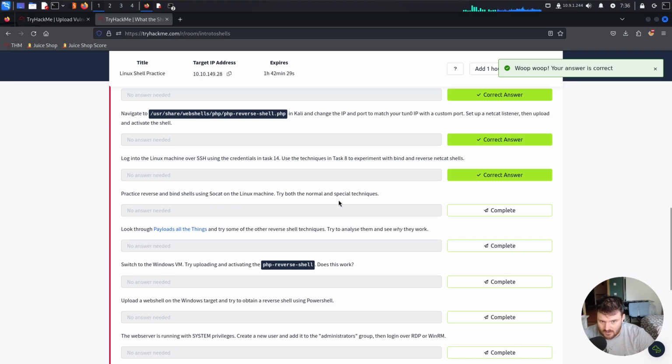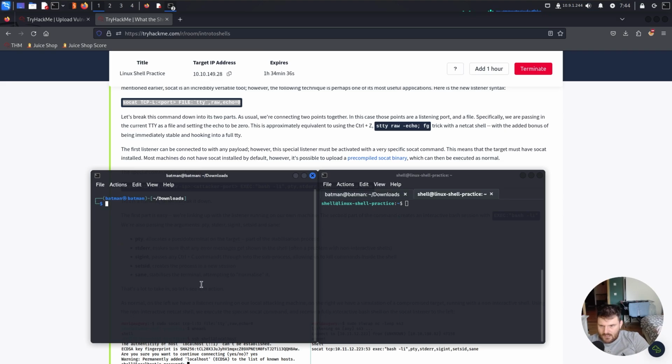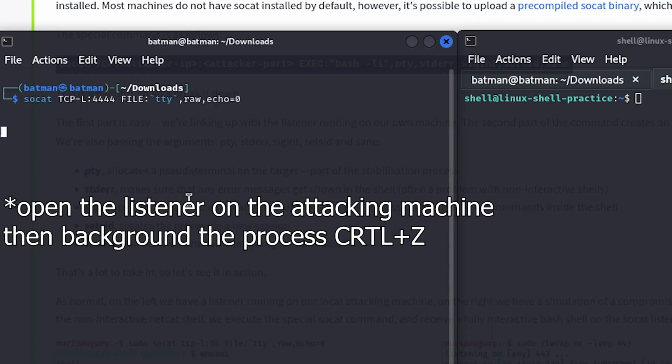Try both the normal and special techniques. Now to do the special reverse shell,